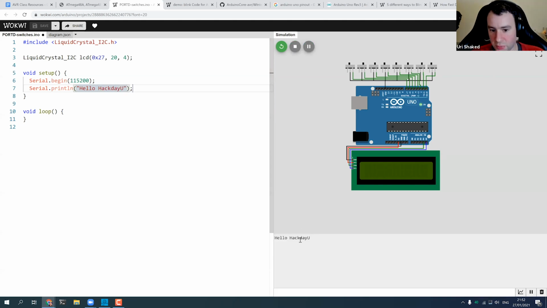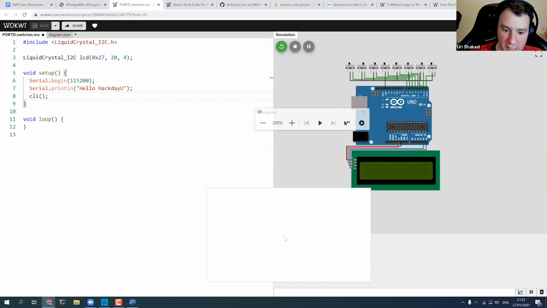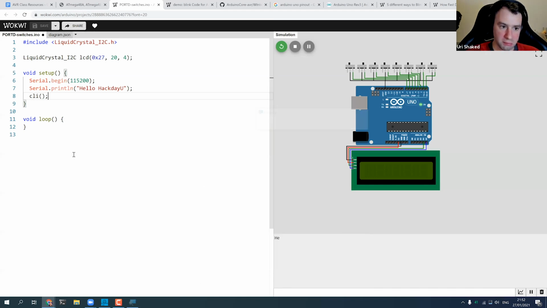This runs, prints hello Hackaday, and we are all happy. But if I disable interrupts, even after calling serial println, we'll see that it's just printed hey. And the reason for that is the serial library depends on interrupts to know when to send the next character. So if we disable the interrupts, we basically kill the serial.